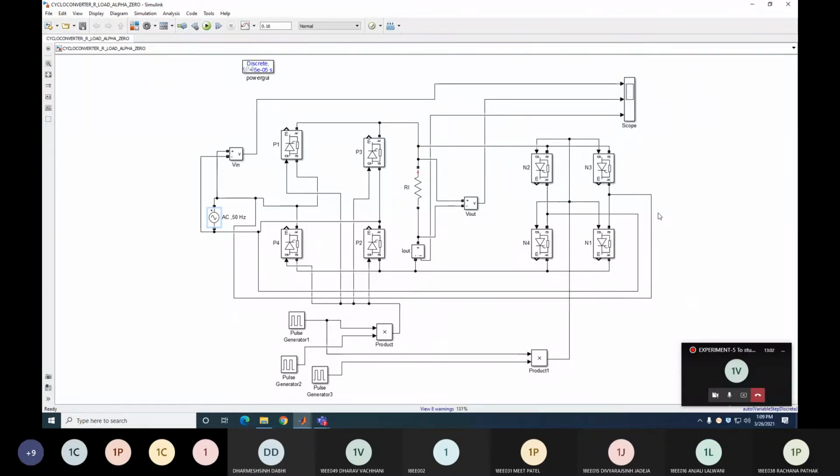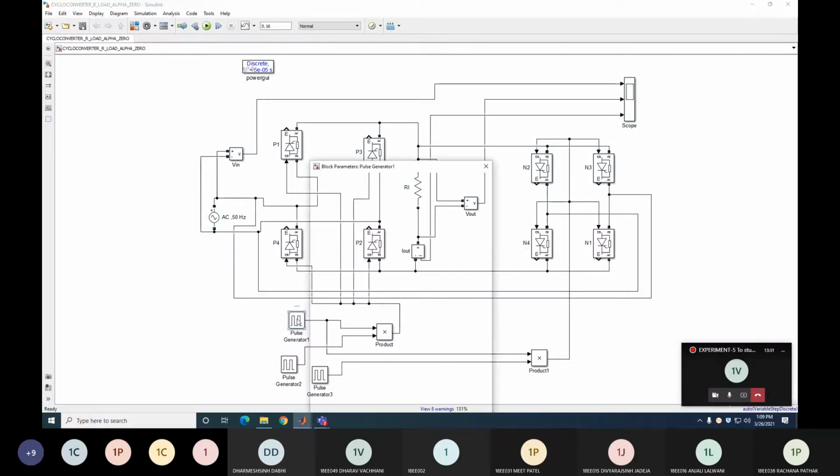In the first 2 cycles, you must turn on the positive loop thyristors, P1, P2 and P3, P4, because they give a positive output voltage. In the next 2 cycles, third and fourth, you turn on the negative loop thyristors, N1, N2 and N3, N4. So you get the negative cycle. So let's try to understand the logic which I have used here to provide the gate pulse to all these 8 thyristors. Here you can see that I use 3 pulse generators, pulse generator 1, 2 and 3.